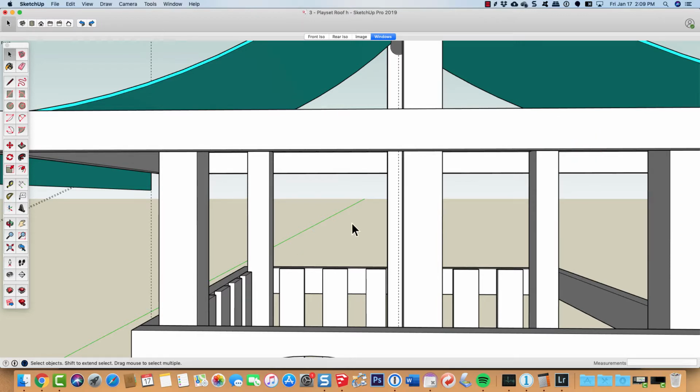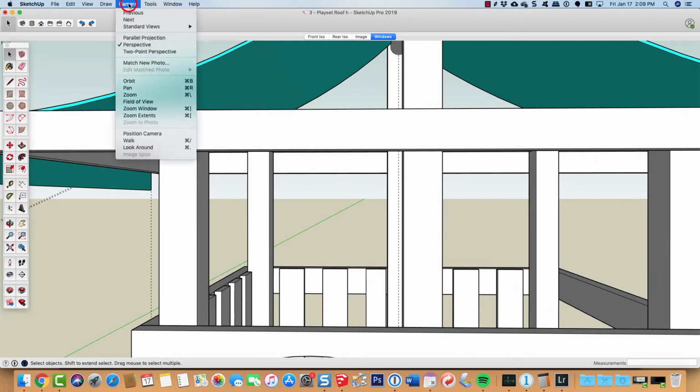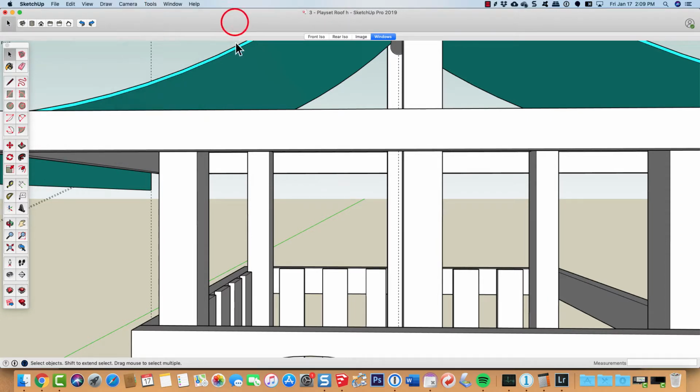Now, this is a great example of where you want the camera to be in perspective mode. And what that allows me to do is see these individual corners here at the same time without having to do a whole bunch of orbiting. So let's just go ahead and put in a face. I'll just pick